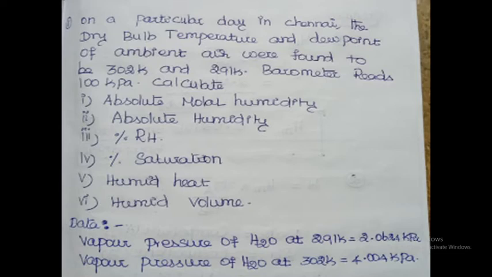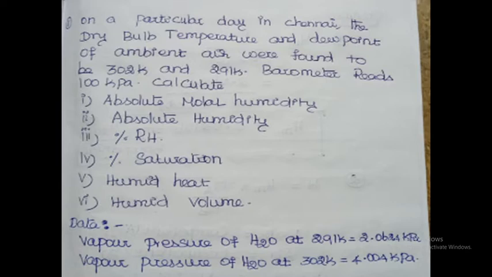The two data are vapor pressure of water at various temperatures. Always you consider at dBT the pressure is equal to vapor pressure. Here data are given, vapor pressure of water at 302 Kelvin. So in our problem, 302 is the dBT or dry bulb temperature. At dBT the value is the vapor pressure. Vapor pressure notation PS is equal to 4.004 kilopascal. Are you clear or not?